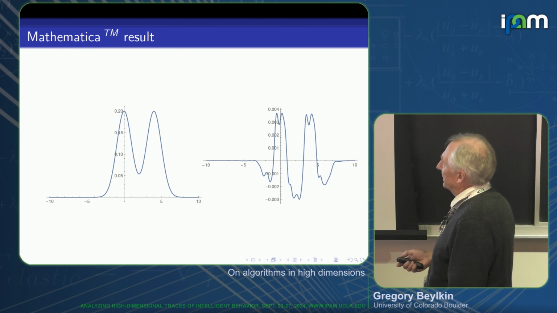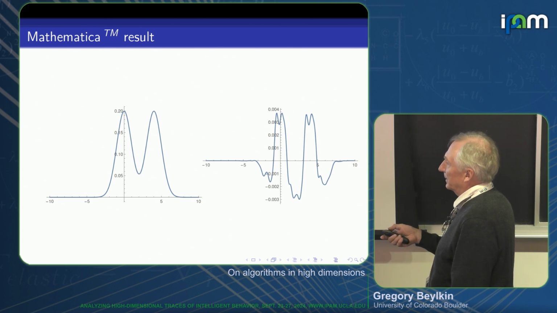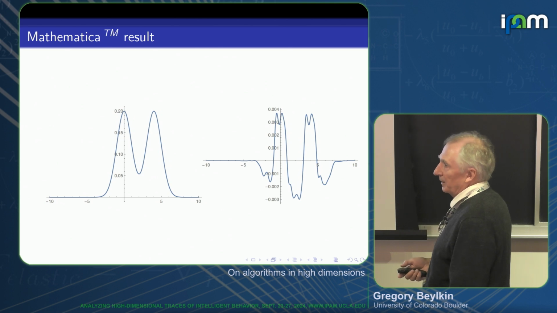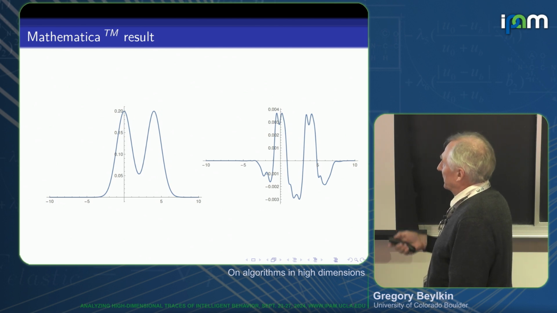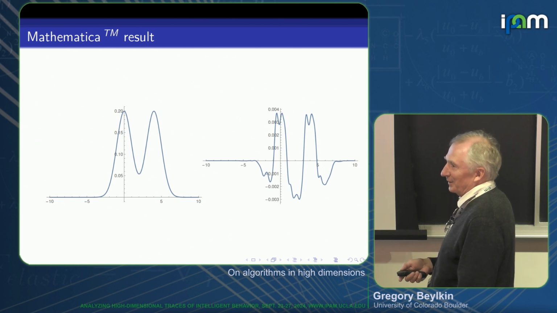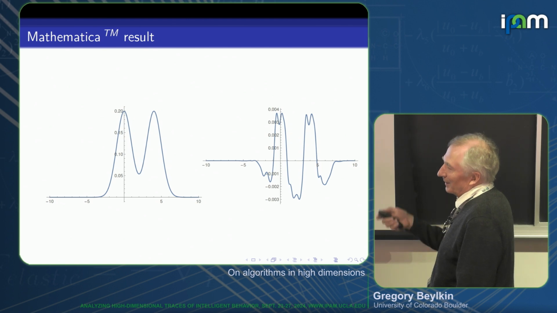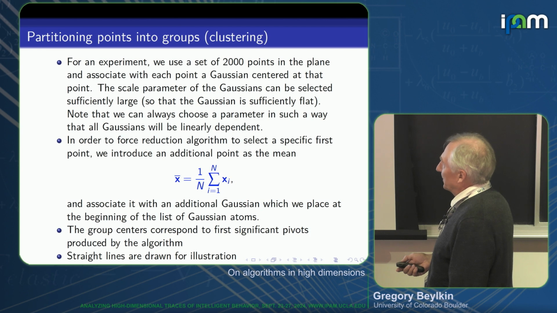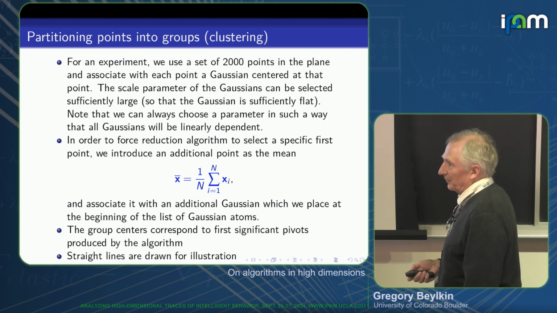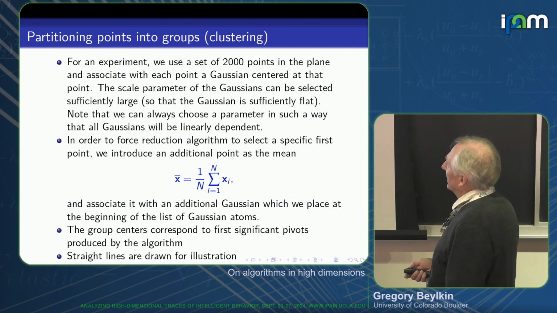The point here is not that we have a better, smaller number of terms. The point is that we can do it in higher dimensions. Okay. And we did. We have an example in 2D. And we were not doing data science. If I were to do it today for data science, I would have an example in, say, 10 dimensions and things like that. For 10 dimensions, you need a lot of points, though. And then we did something else,